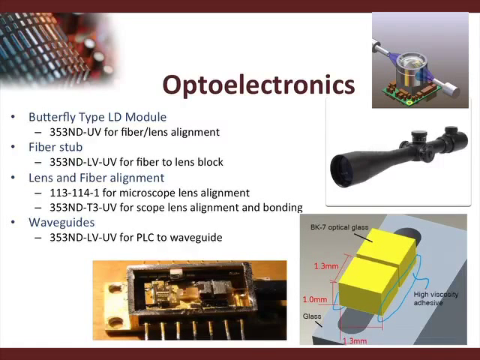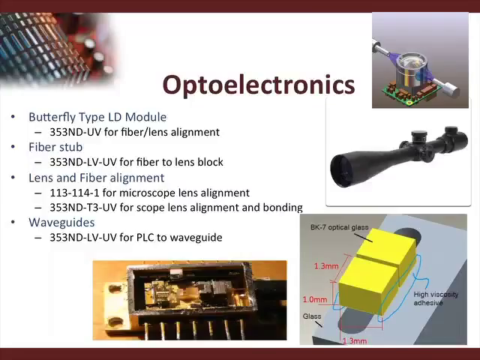The hybrid systems were originally developed for the optoelectronics industry. You can imagine that aligning a lens with UV and then coming back for a long-term reliability bond would be a perfect application for these hybrid systems. And in fact, many of the first approvals of these systems were for fiber to lens alignment, for a fiber